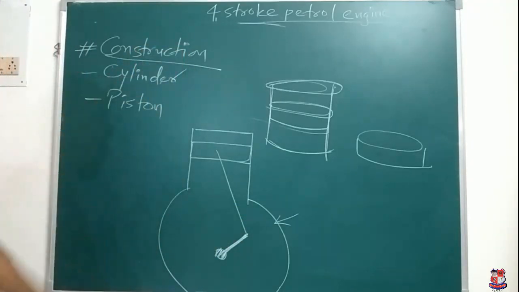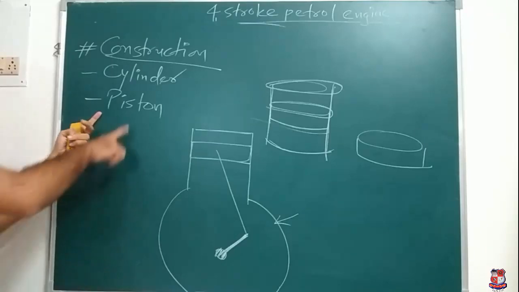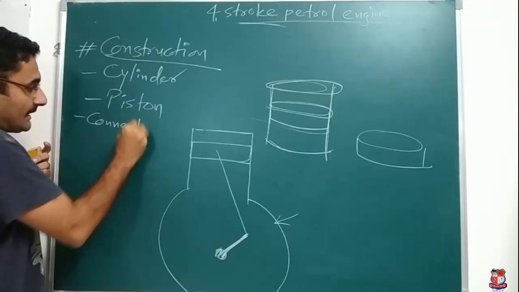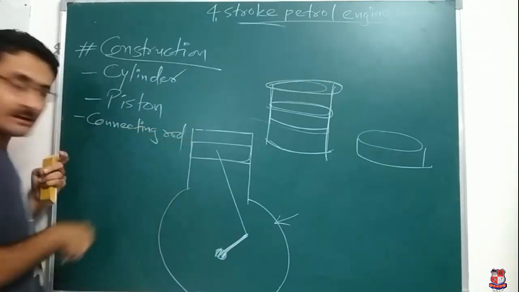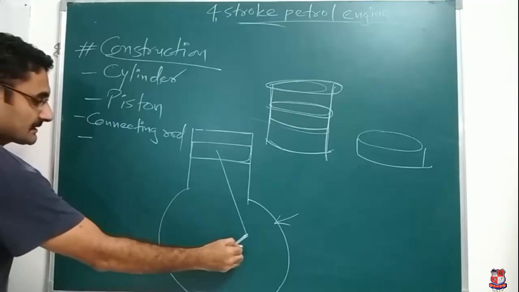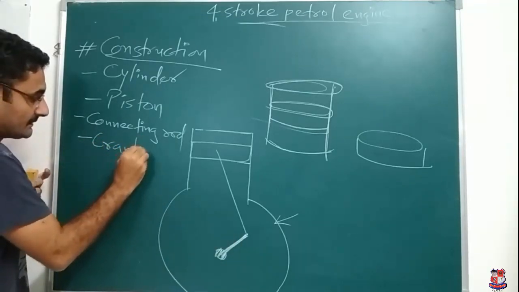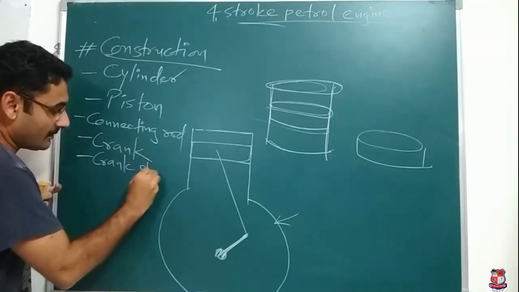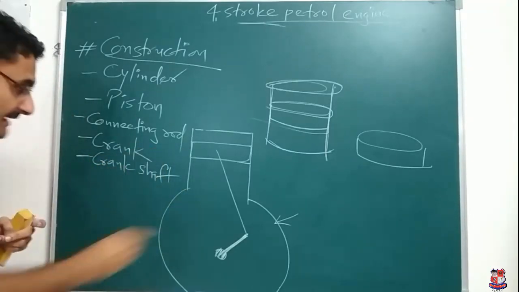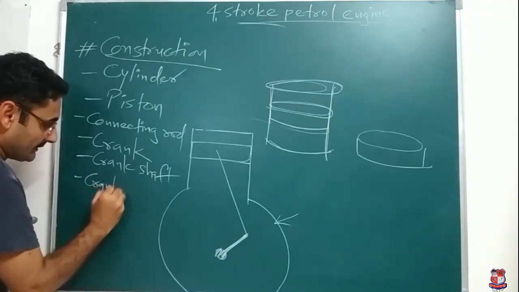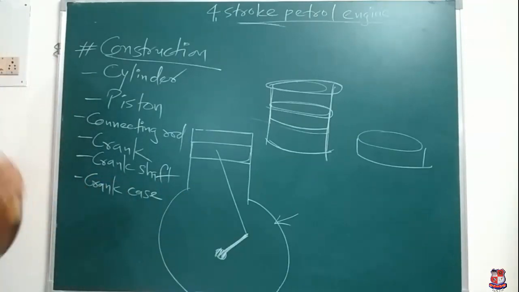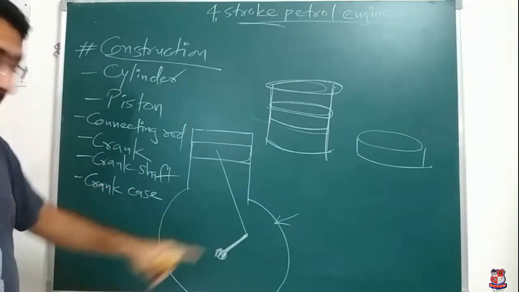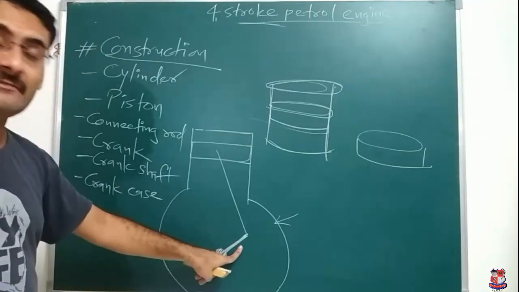Now we will go on the top side. So which things have we completed? First one is cylinder, then piston, then connecting rod, then crank, then main shaft, or you can say crankshaft. Next is crankcase. Now one very important thing that we will discuss: on the crank, the flywheel is